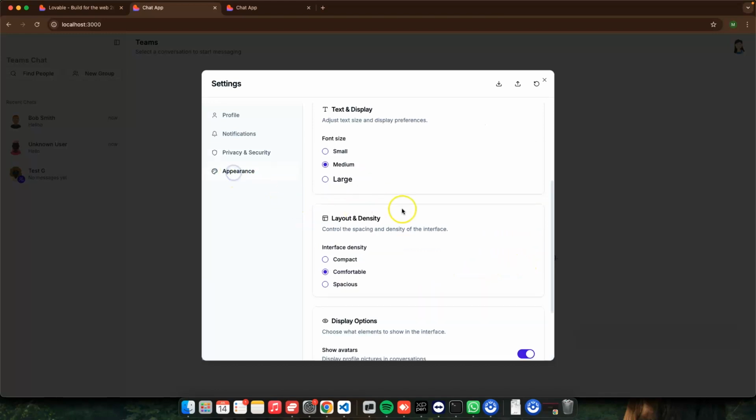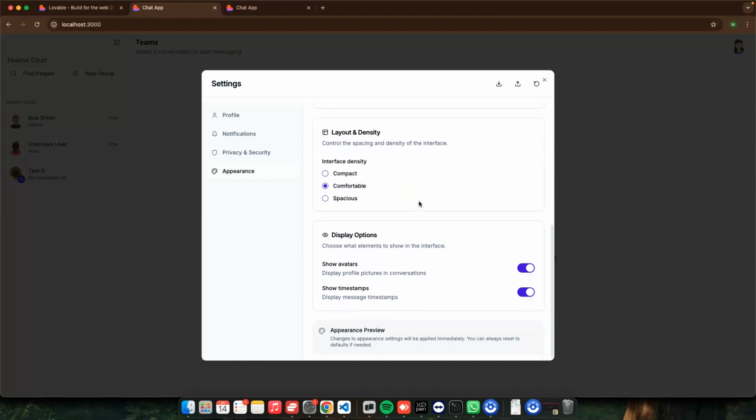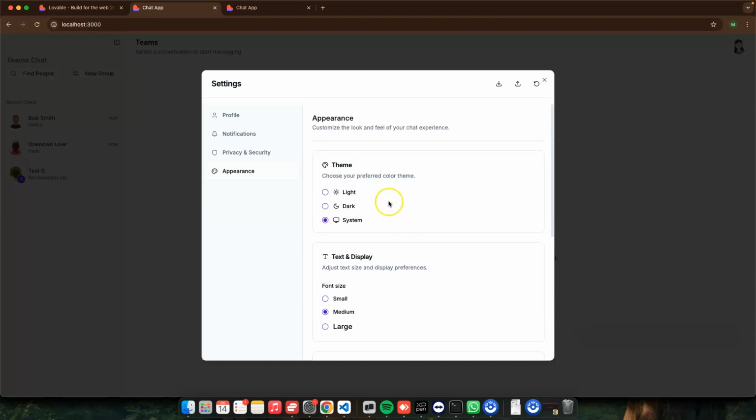And if you go to appearance, you can see here we can have a system, dark mode. These things can be implemented. So we'll tell the AI to do the same. So let's now tell the application to be compatible with the dark mode and implement the theme like dark mode and light mode or a system. So let's tell it